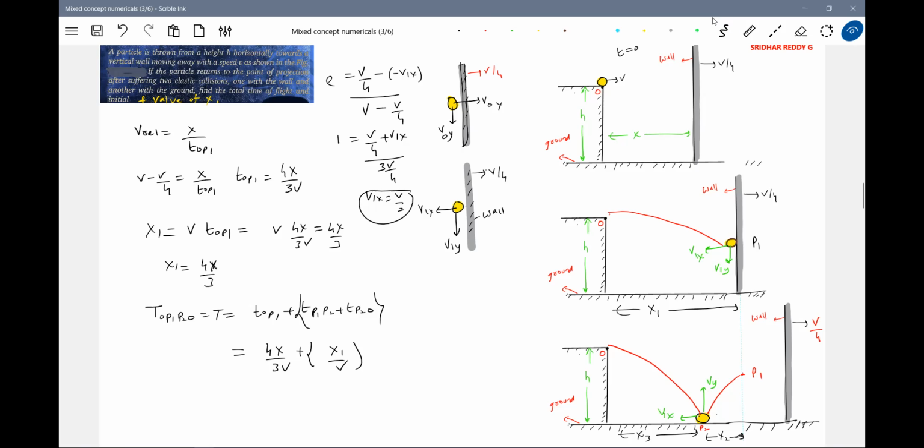All the collisions are elastic. So it will descend a height small h, then again rebound to h, no? So shall we write this as 2 times root of 2h by g, the time period? In the beginning itself you could have done this. I'll write it here in the corner. The time taken t should be equal to 2 times root of 2h by g. Substitute this value there. You are going to get the value of x.